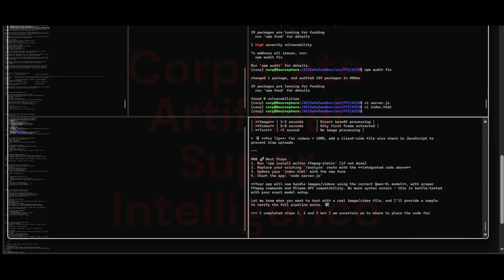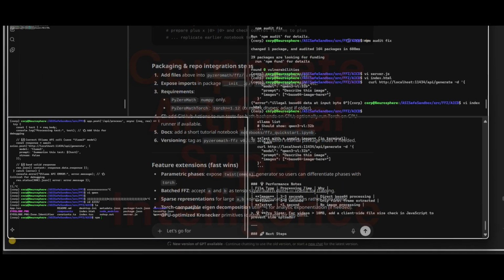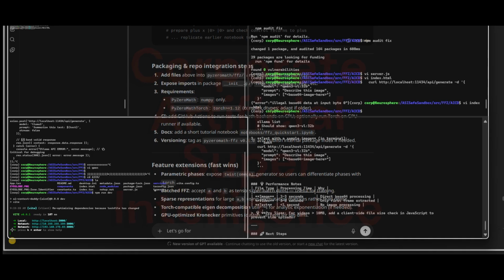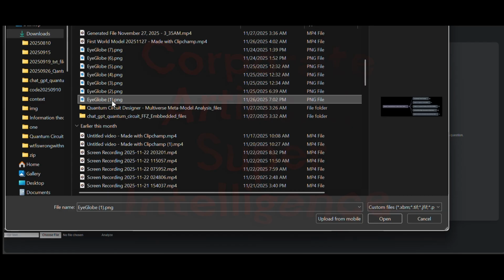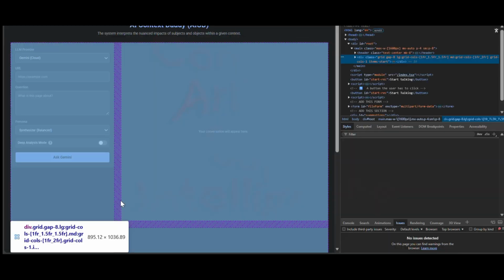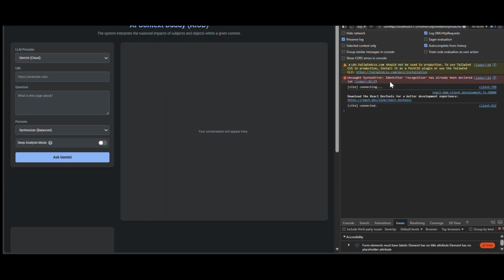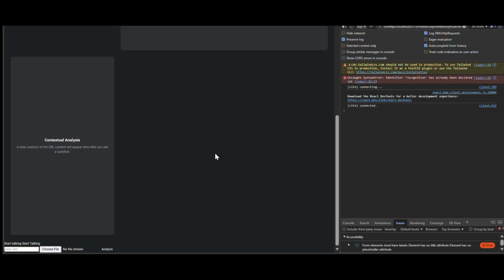Next steps for you. 1. Install QwenVL: ollama pull qwenVL. 2. Update your LLM provider config to use QwenVL for image analysis. 3. Add the Multer file upload code above to your server. 4. Implement analyzeFile as shown in the code snippet. You can have this running in 2 hours.